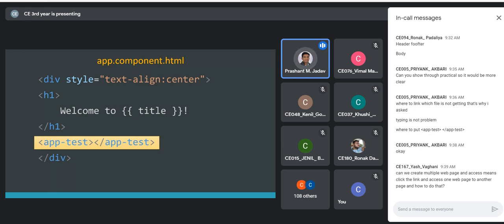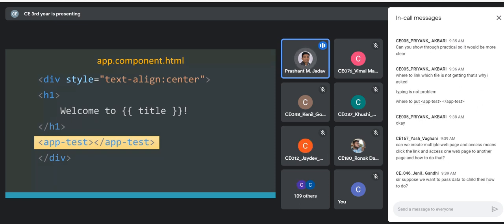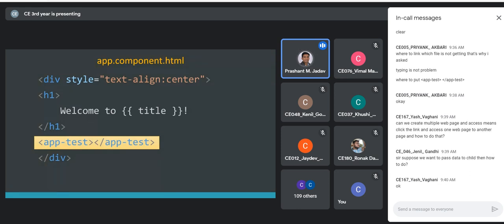Yes, it is possible to create multiple web pages and we can have a redirection from one page to another. That concept is called routing in Angular and many of the other frameworks. When we cover routing, we'll see how to move from one page to another. We have a separate lecture on routing, so don't miss that lecture.